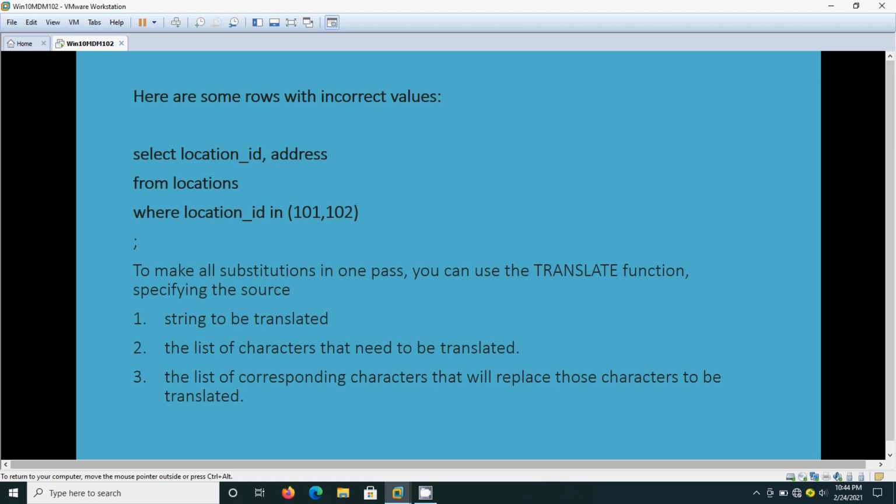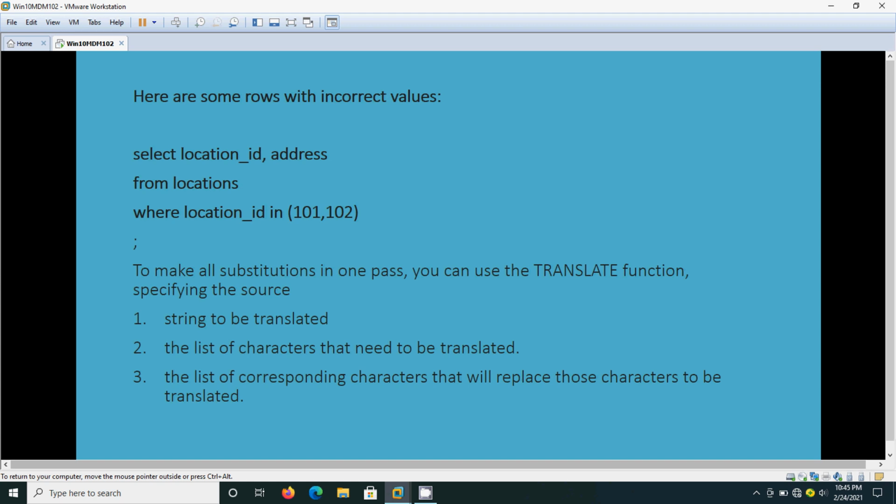That we will see later. For the entire table, how we are going to do that, we will see later. Here we are going to do it for the selected location IDs. First we are going to make all substitutions in one pass.